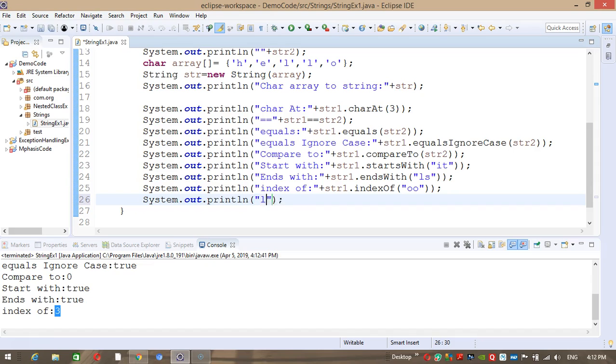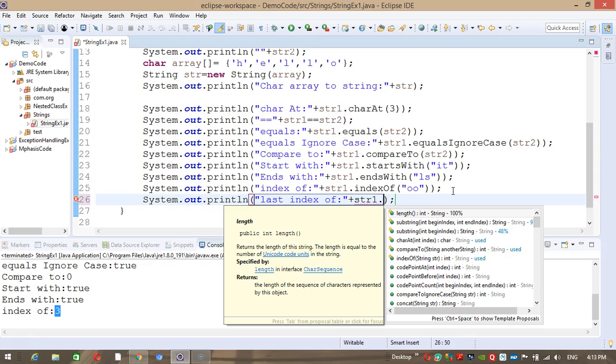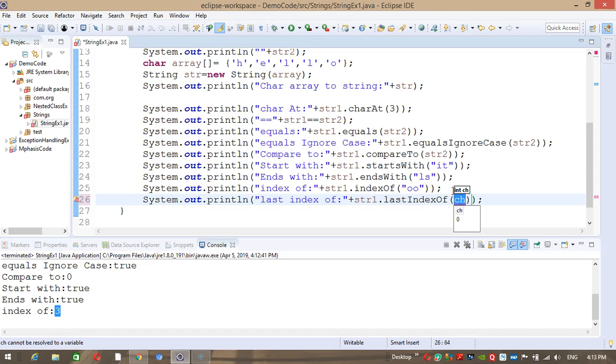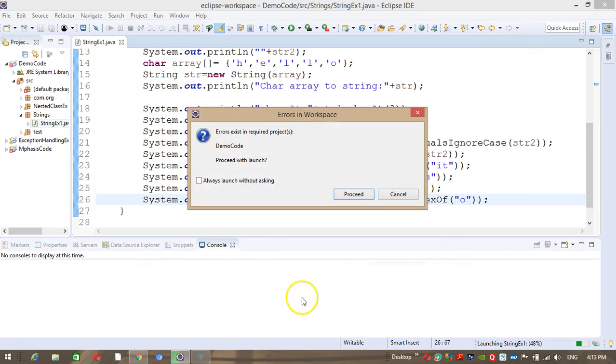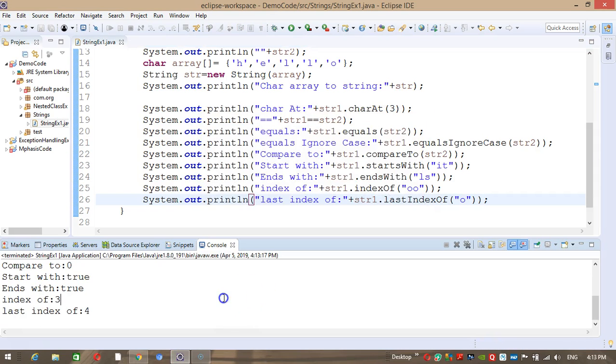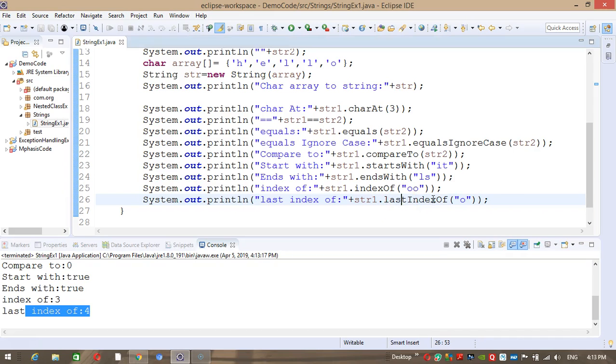Like indexOf, lastIndexOf is also there. If we use indexOf, it gives the first occurrence of that character or string, and if we use lastIndexOf, it gives the last occurrence of that particular string. Okay, so it's returning 4. The last O is present at the 4th position.